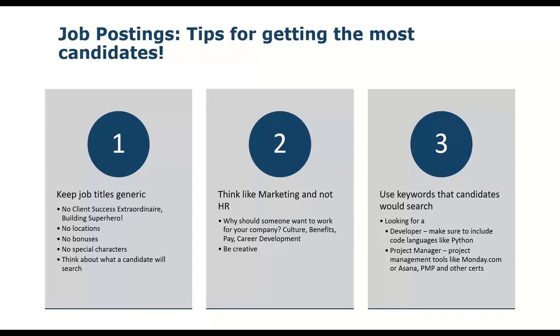And then the other thing is adding on additional things to your job posting. So, if you're posting in a lot of different places, putting a location in, I see customers all the time. They're struggling so much with finding people, so they want to put in a hiring bonus. The problem with putting that in the job title is that it can get taken down by certain job boards. And so you really, really want to keep that stuff as clean as possible. And special characters, anything additional is going to hurt you. So just really think about what the candidate is going to search and use that to your